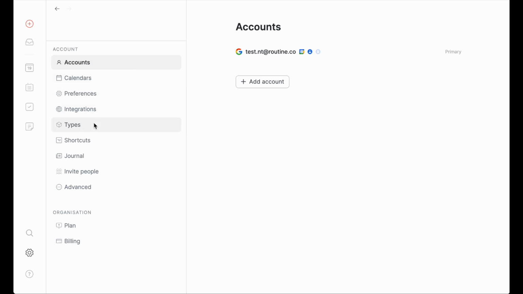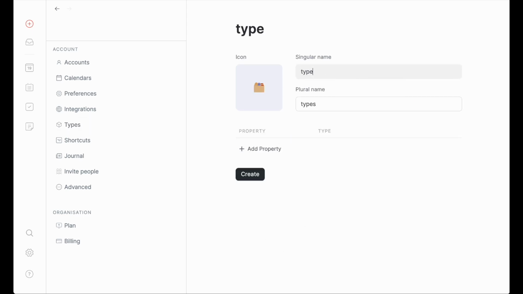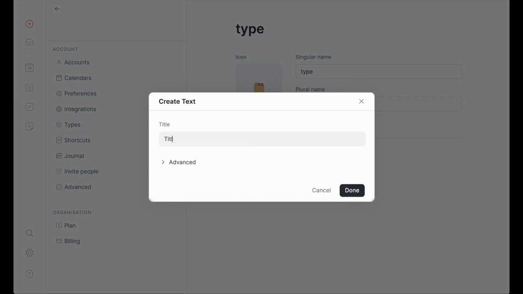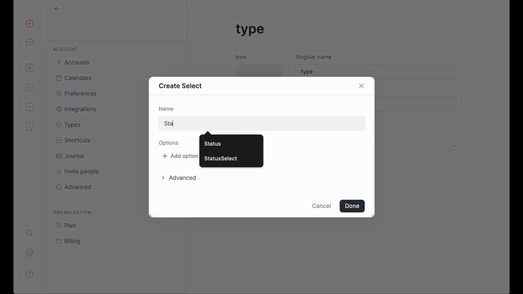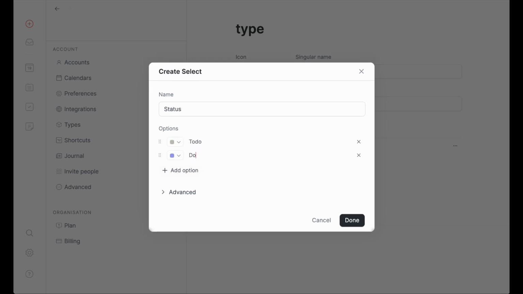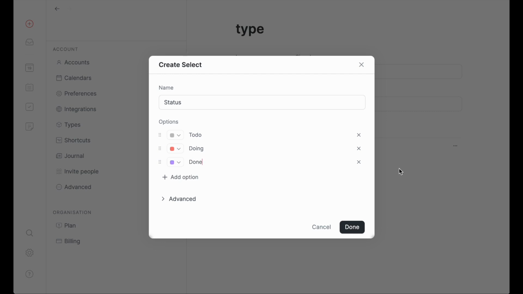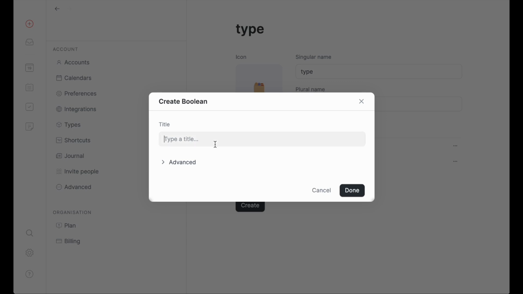So we have a new tab that is called types. You have in that all the default types and some custom types that are created. So we're going to create a new type, which we are going to conveniently name type. We can add some properties there, like a title. We're going to add a select, which could be a status with to do, doing and done as options, for instance. We're going to add a boolean that could be named checked,